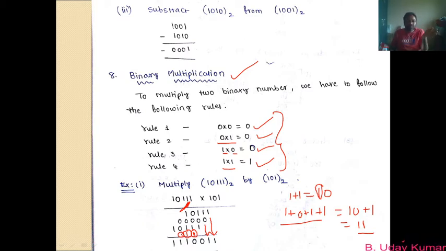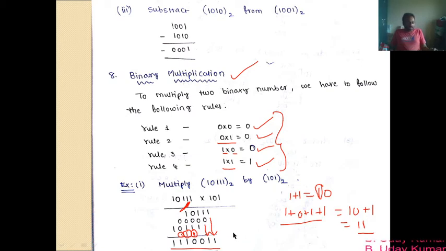the fifth column. Now coming to the sixth column. 0 plus 0 plus 1 becomes 1, and this is 1 again, which is 1. So if you add all the values which are present here, you get 1110011. This is the binary number that you get when you multiply one binary number with the other. That means when you multiply 1011 with 101, this is the binary number that you are going to get here.